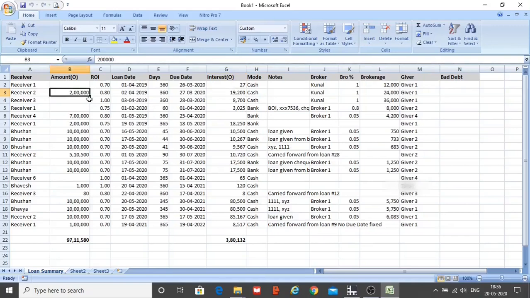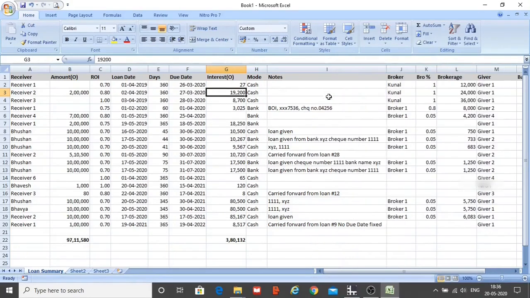Principal balance will anyways show only 7 lakhs because 3 lakhs is already returned, and if the customer has also paid the interest of that 3 lakhs, then only the pending interest of 7 lakhs will be shown and combined interest will not be shown. Here in notes, if anything was mentioned at the time of doing the entry, then it will be shown.